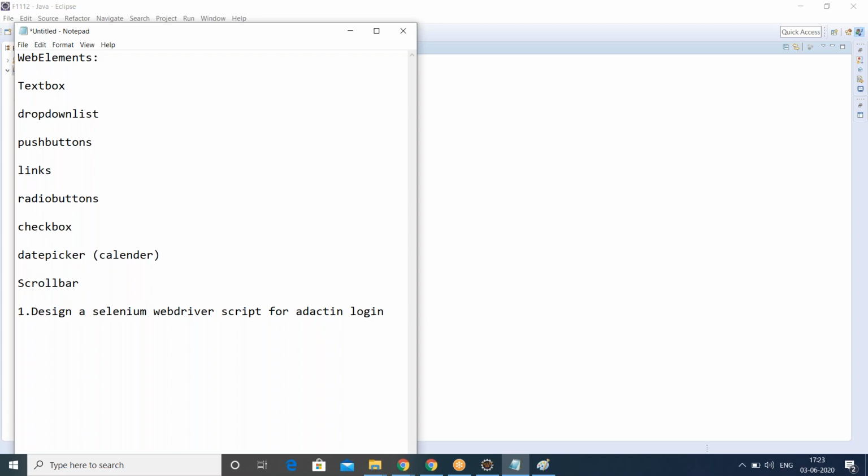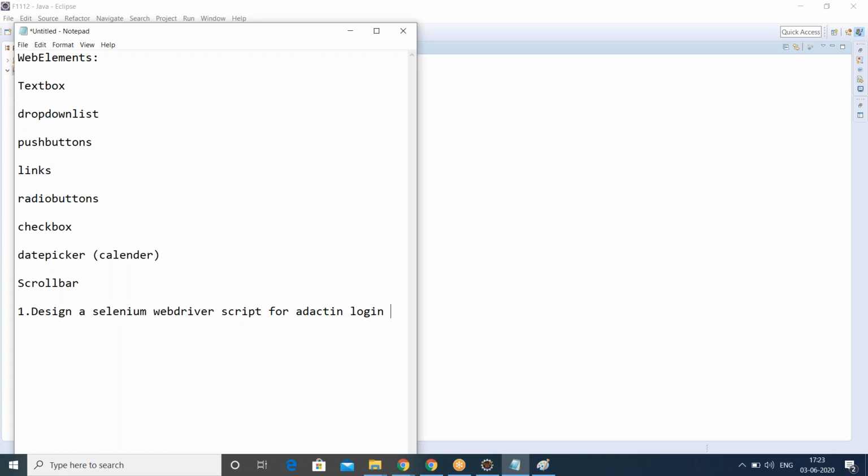Okay, so this is our first task. With every task, I'm going to introduce a new web element, and we are going to see how to handle a new web element.